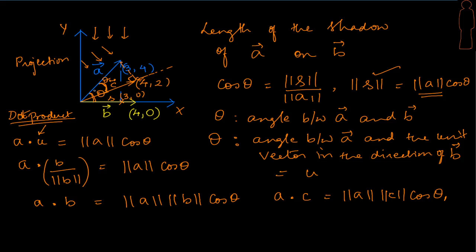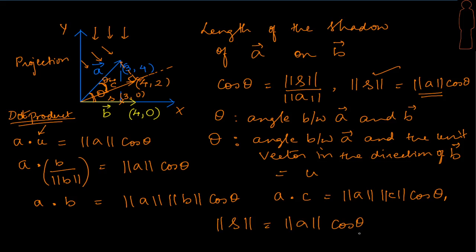What will happen if I ask for the length of the shadow of a on a itself? Of course we will still say that I am going to give the shadow length on the unit vector. But the direction is going to be the same. The point here is, what will be the length of the shadow? The length of the shadow has got to be the same as the magnitude of a. Let's ask, is that correct? Let's try. We are saying this is my length of the shadow, and you give me any vector, this is what it's going to be,